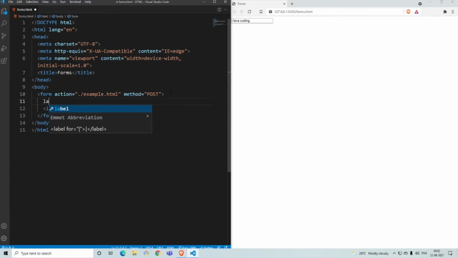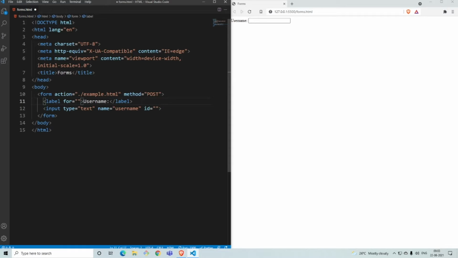You call that a label, and then you add here username. Now there's one thing you have to add here, which is the for on the label and the ID for the name. The label should know that it's working for this particular input. If you put in this input, it has to be stored under this label.